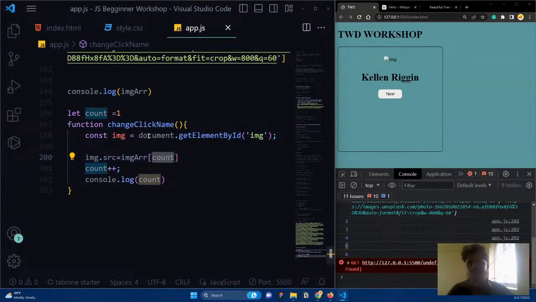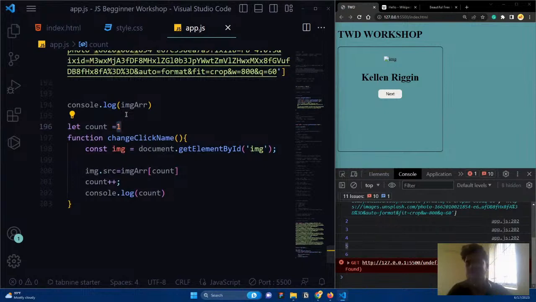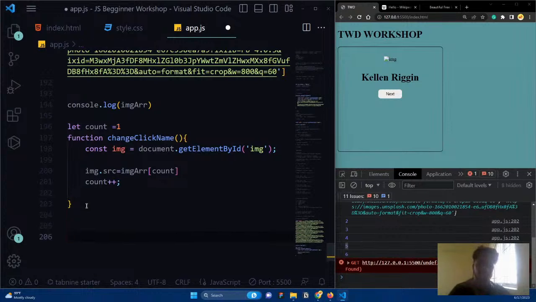So now again, if someone clicks it, now the count value is 2. It will go and access the second index of the element, then the third index, then the fourth index. Like that, it will keep on going. Okay, so this is the task 2 we have done here. So what is task 3? Task 3 is till 5. Till 5, I need to increase the count. If the count reaches